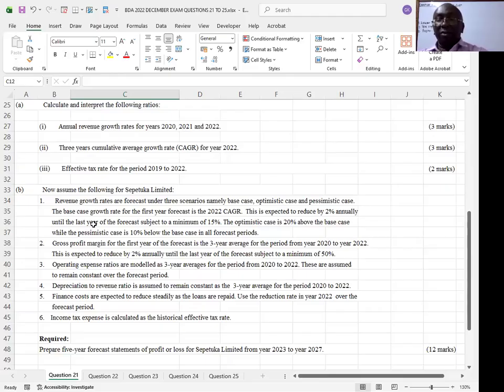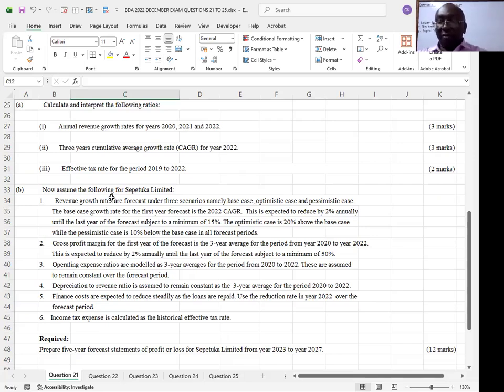The base case growth rate for the first year forecast is the 2022 cumulative average growth rate. This is expected to reduce by 2% annually until the last year of the forecast, subject to a minimum of 15%. The optimistic case is 20% above the base case, while the pessimistic case is 10% below the base case